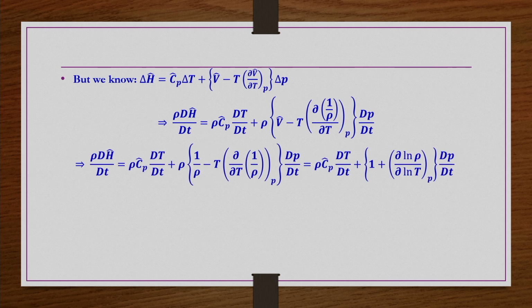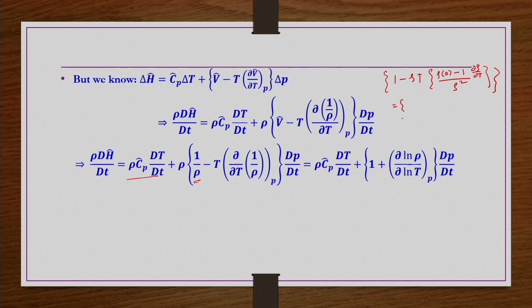So, now the left hand side stays as it is, and the first term on the right hand side is also as it is. In this term, V tilde I am again writing as 1 by rho. Now, if you bring the rho inside, what are you going to have? You are going to have 1 minus T rho and then dou by dou T of 1 by rho at constant P. So, then we have rho square, rho multiplied by 0 minus 1 and then dou rho by dou T, that is what you are going to have.